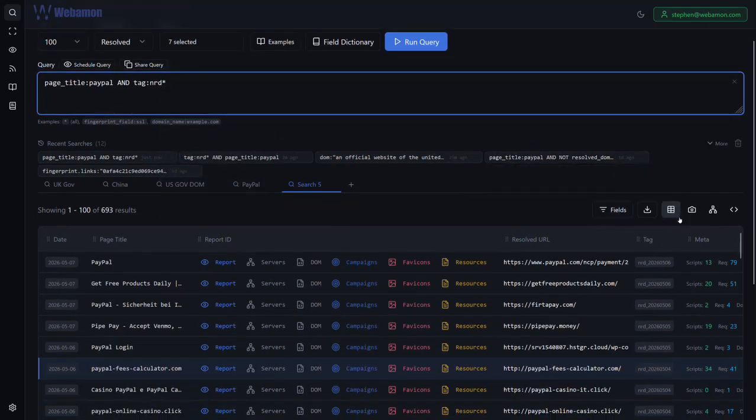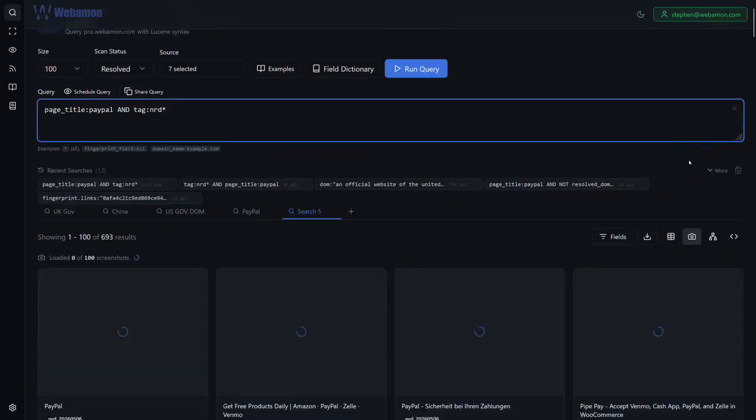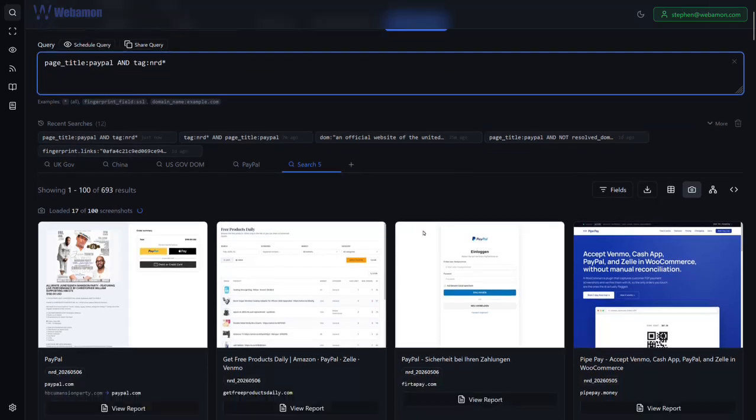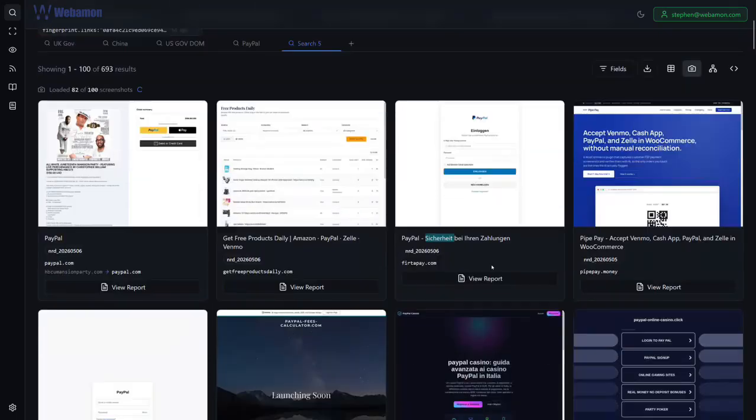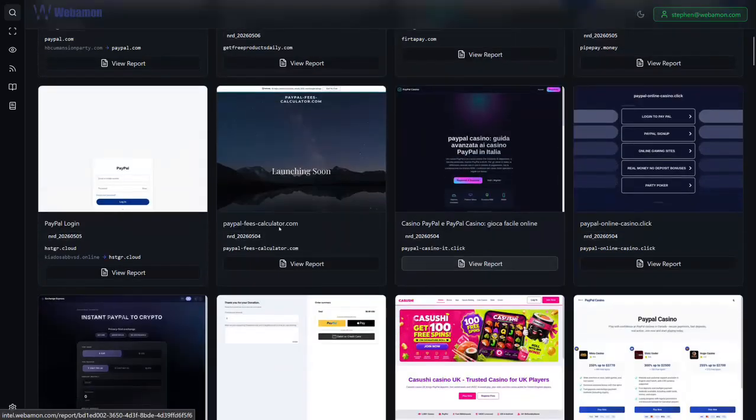We have a few views. This is the table view, the one we're currently looking at. Then we have the screenshot view. We can see here's one registered yesterday from the newly registered domains pipeline, and it's PayPal phishing. If we scroll down, here's another one that says PayPal login, registered 2 days ago, and it's hosted on